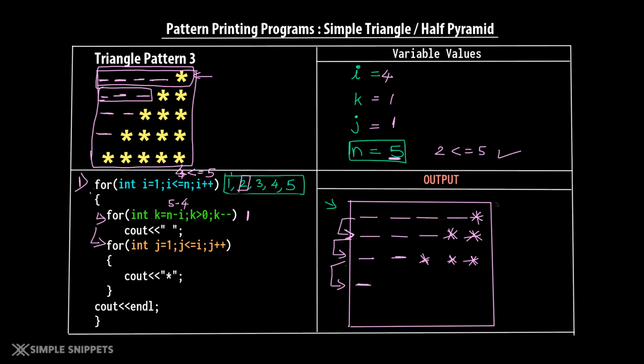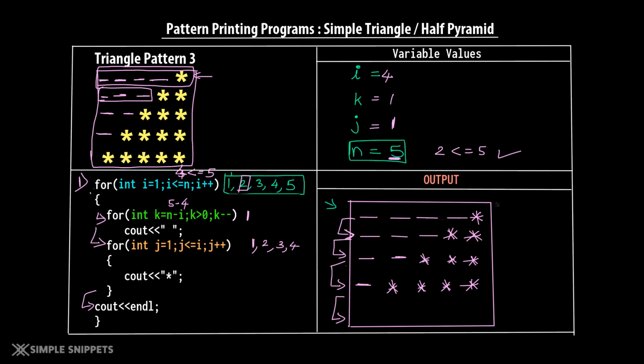After this we will come to the next for loop where j is 1, so j will again take the value of 1 and j has to be less than equal to i. What is i? i is 4 and we are saying j plus plus, so j will become 1, 2, 3 and 4, right? And once j becomes 5 we will exit because 5 will not be less than or equal to i, that is 4. So this for loop will run 4 times printing 4 stars, so 1, 2, 3 and 4. Then we will come outside this for loop, we will say cout endl, we will come on the new line.